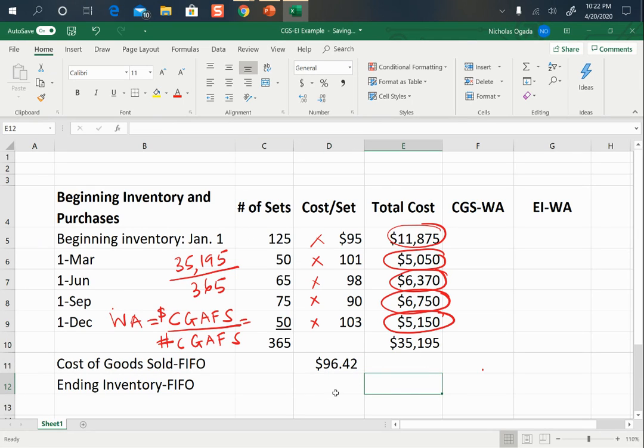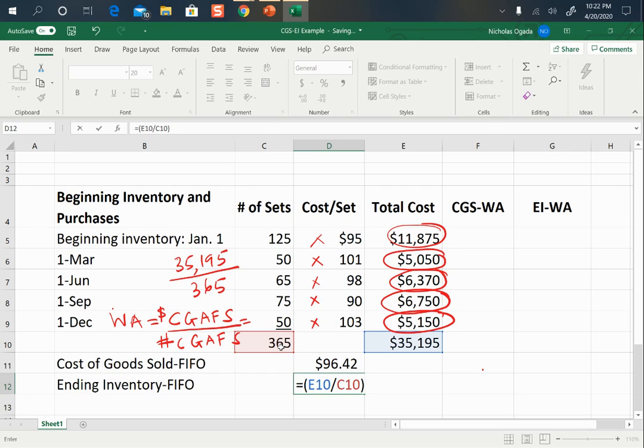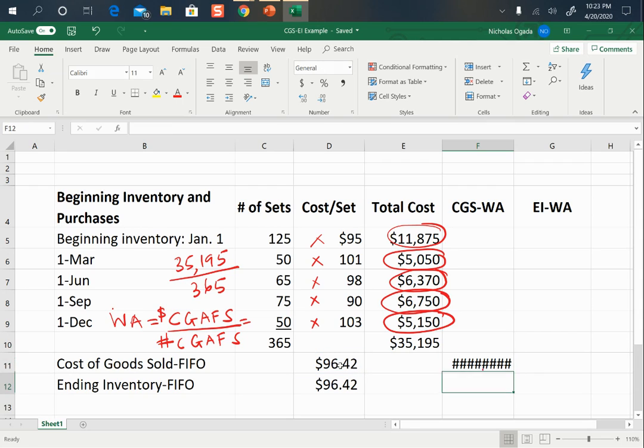The same thing in terms of per unit for our ending inventory. Again, we take the cost of goods available for sale, that's the dollar value, and we divide this by the number of units that were available for sale, and that will give us the same value. So now we know that the company sold 150 units during the period. In terms of the cost of goods sold, it is going to be the 150 units that they sold. And what was the cost? In this example, we are using the weighted average. Our weighted average is 96.42 per unit, and therefore our cost of goods sold